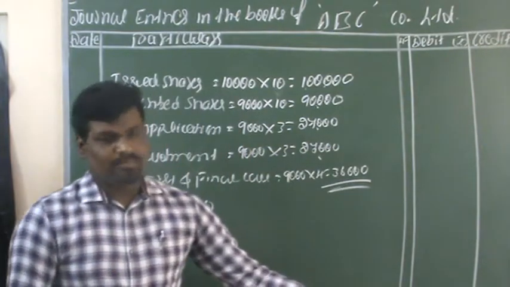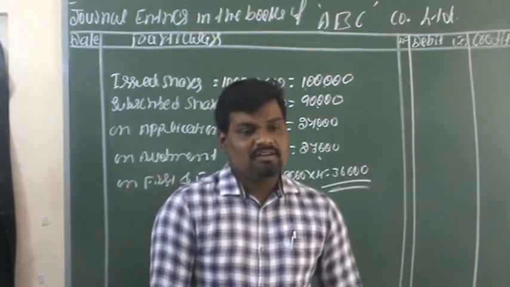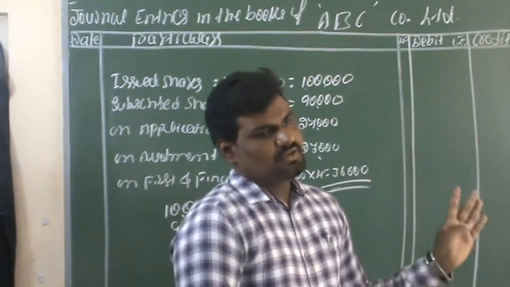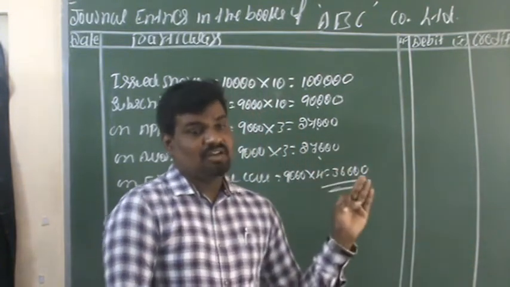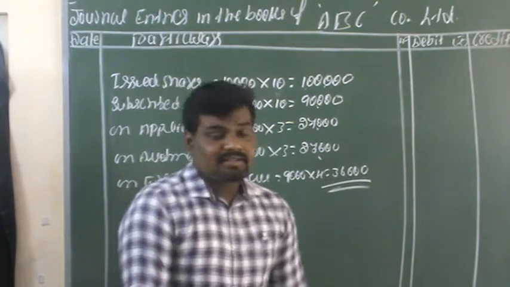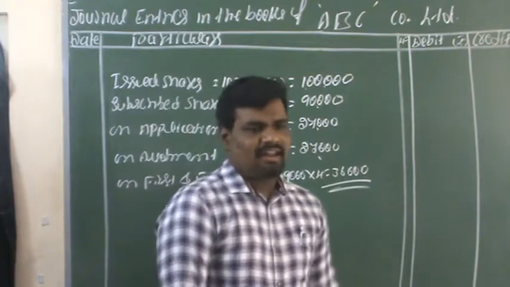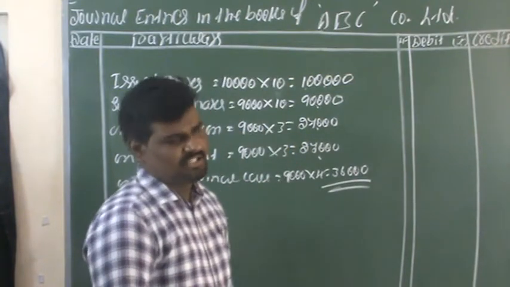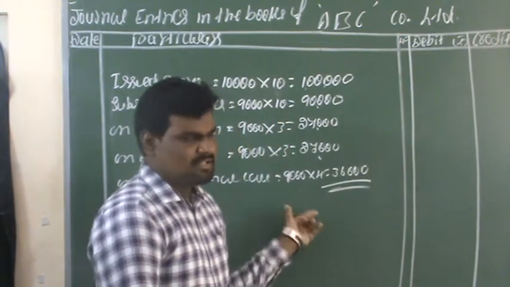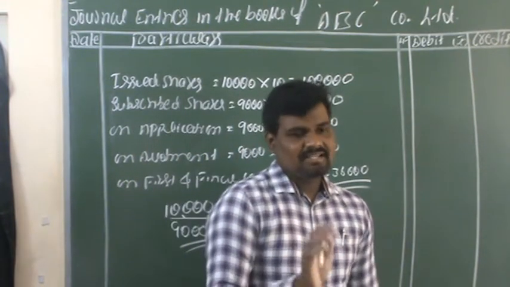Compared to the previous class question, this question is quite different, because in the previous question the shares were issued at par. At the time of issue of shares there can be over subscription as well as under subscription. Here the issued shares are 10,000, but the public have subscribed only 9,000 shares. When the applications received are fewer than the shares offered, this is called under subscription. So this question is related to the issue of shares on under subscription.